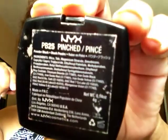And then all I'm going to do now is put a little bit of blush on. While that sets, where's my blush over here? I'm going to be using the NYX, and it's the, what is this called? Oh my goodness. It's the PB25, and it's called Pinched. I guess like if you pinch your cheeks, but this is really pretty actually. Wait, before I do that,